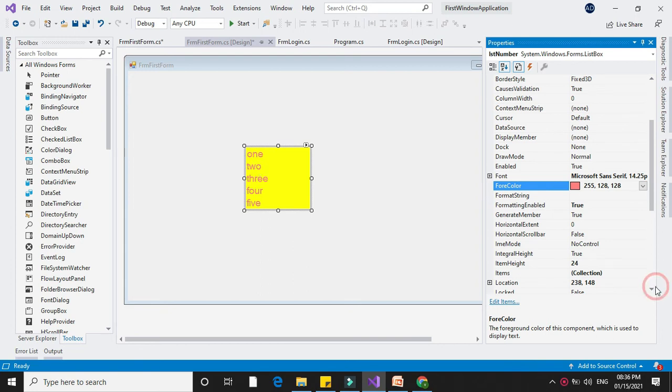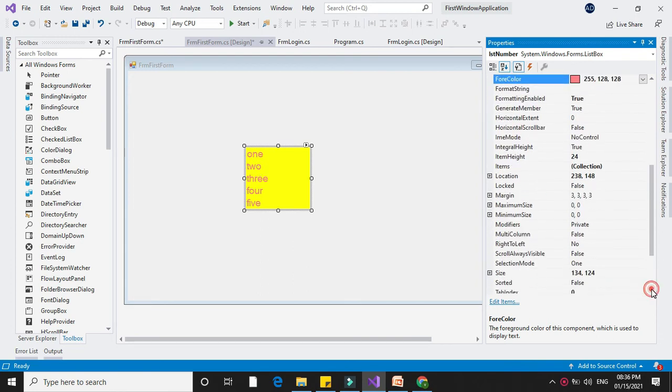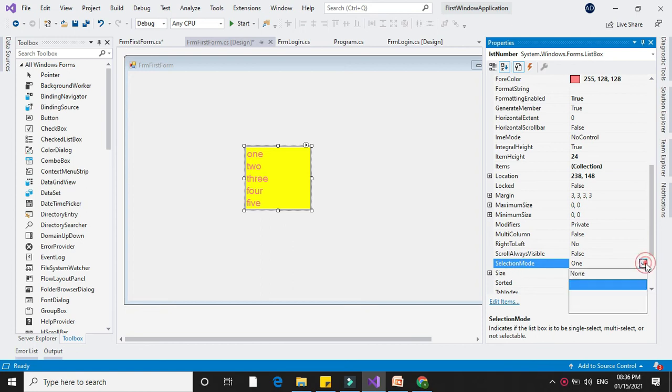Next is SelectionMode. The SelectedIndex property and SelectedItem property you can check through coding. So now we will see first SelectionMode. It will allow multiple selection.